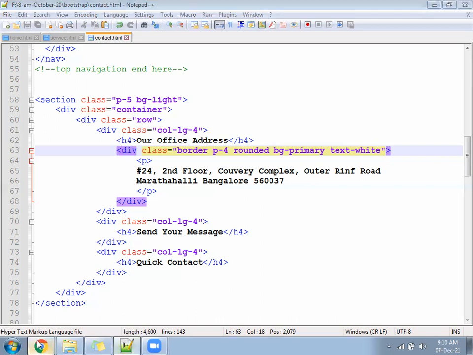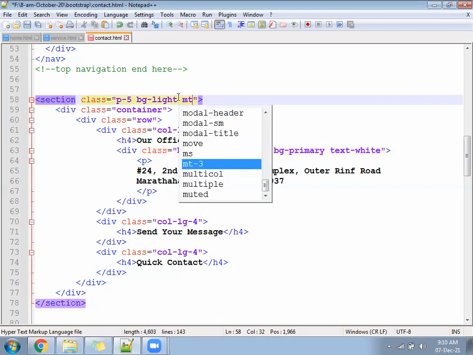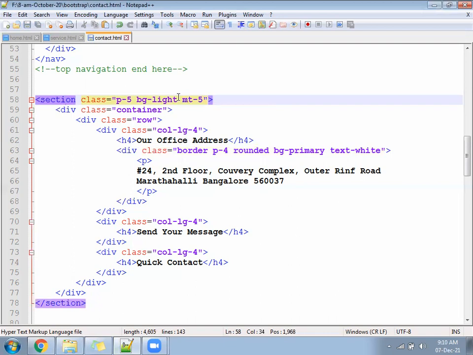Okay, it's clear. After that, the section tag you have written, you can write an empty 5 also, so from the top we will have a sufficient gap.